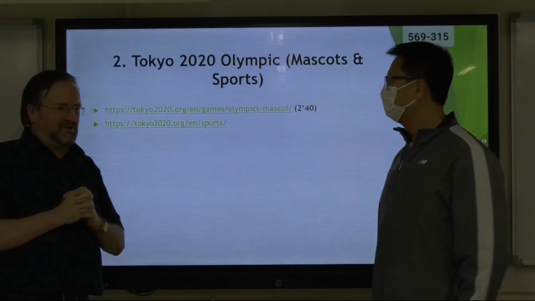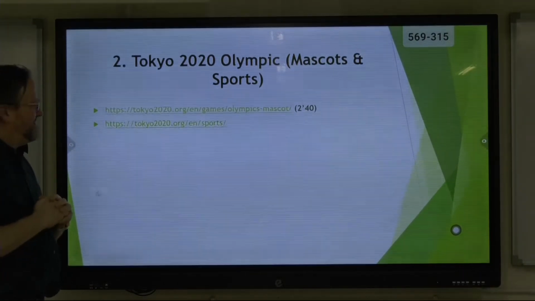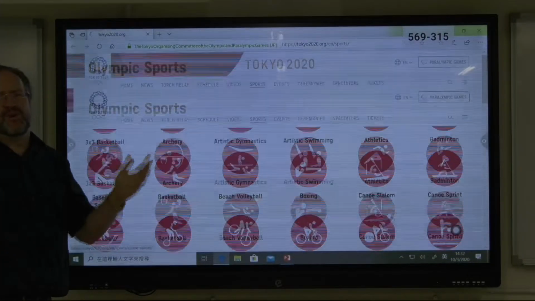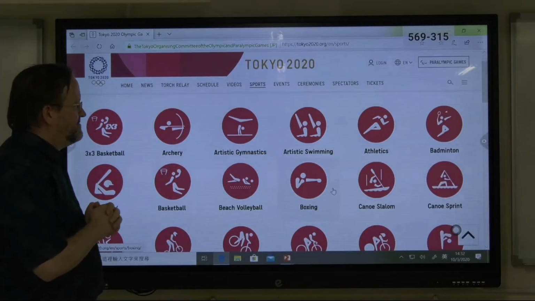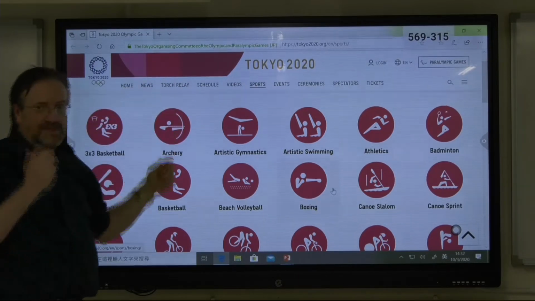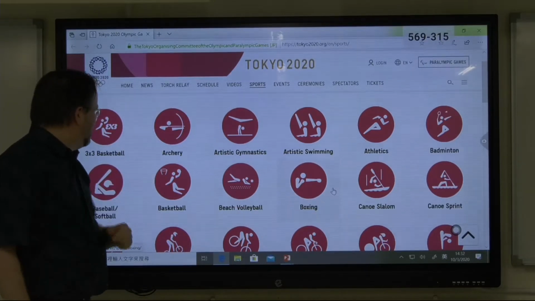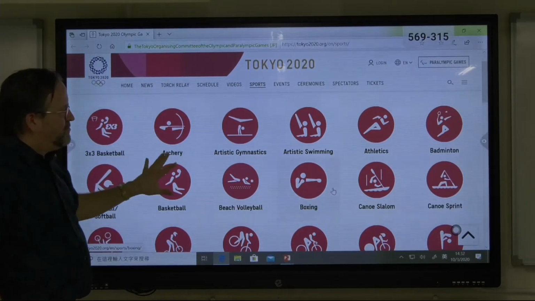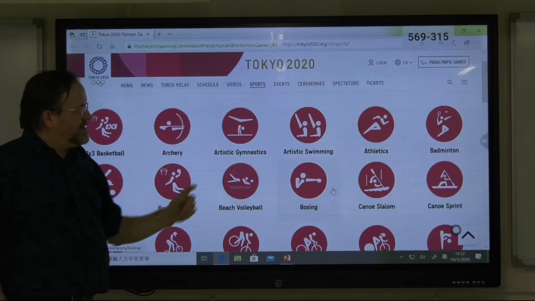So let's have a look. We'll go over a few. We can't go over all of them today, but they have this link for the Tokyo 2020 Games. You can look up this website and find the English version, of course. Always got to learn English. And I think it's quite good because they've given you the picture for many of the sports.